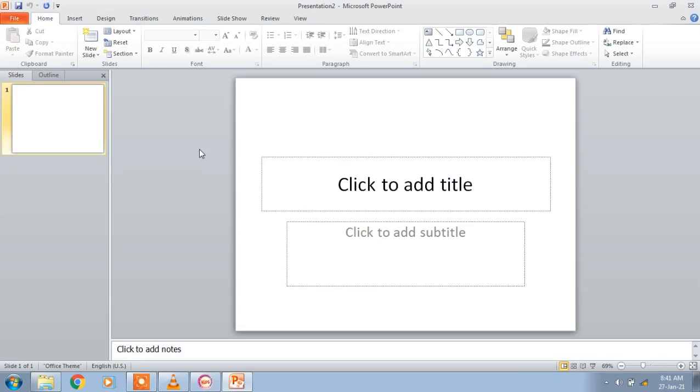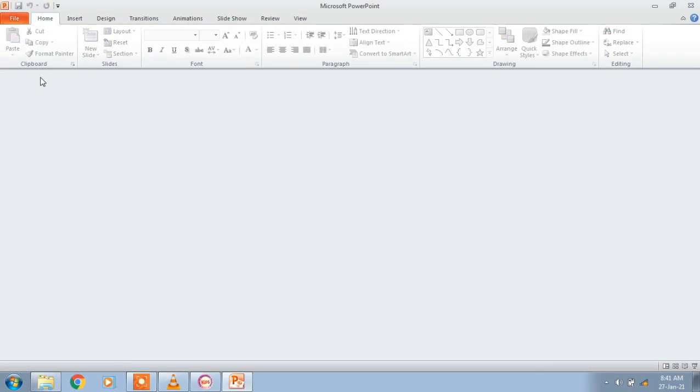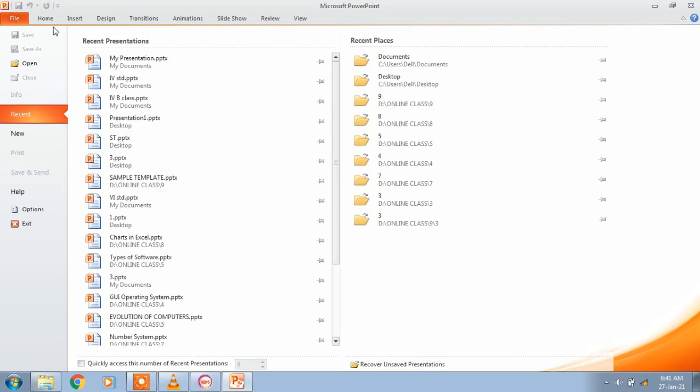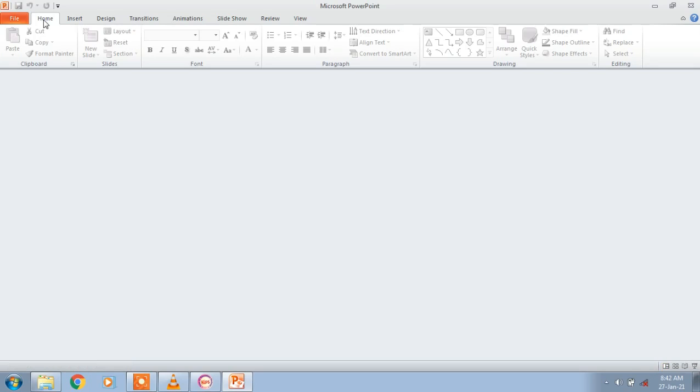Once again I'll open a new presentation. Then click on File and click on the Close option to close the presentation working window, not the application. The application is still open. Understood? And the shortcut key to close this window: let me open a presentation, and the shortcut key is Control plus W. When you press Control W, that presentation window gets closed. You can keep it in your mind. That's the shortcut key to close the presentation.